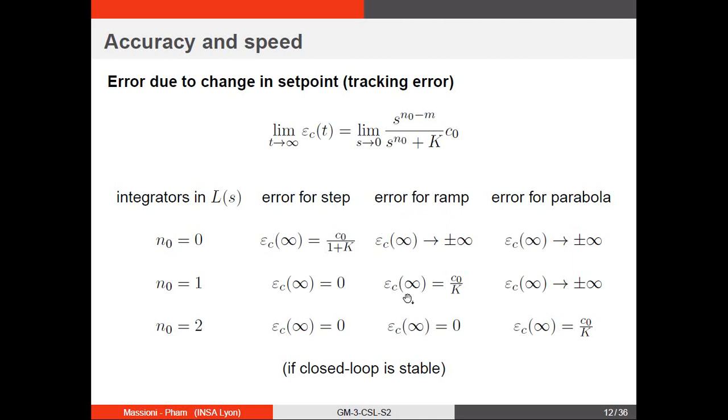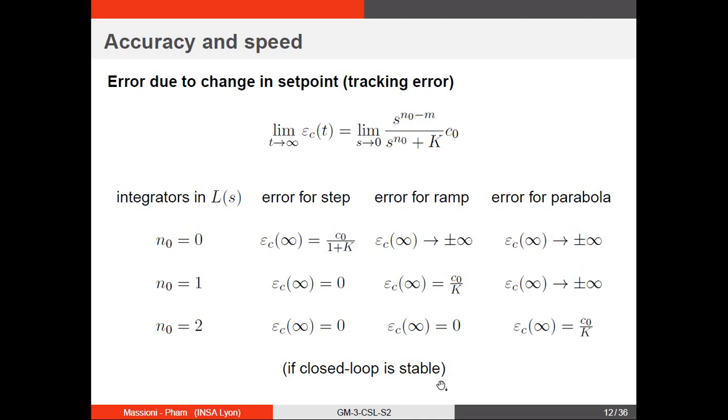If you have one integrator for m equal 1, which is the ramp, then you have a number. If you have two integrators and m equal 1, so for a ramp, then the final value is 0. So basically what this means is that if you want to follow a step and get exactly 0, you need at least one integrator. If you want to follow a ramp and want to follow it exactly, you need at least two integrators,